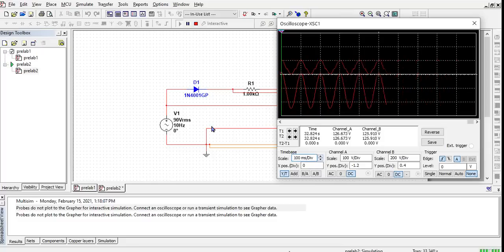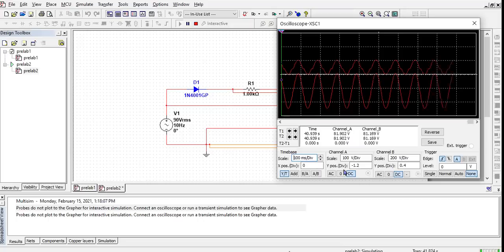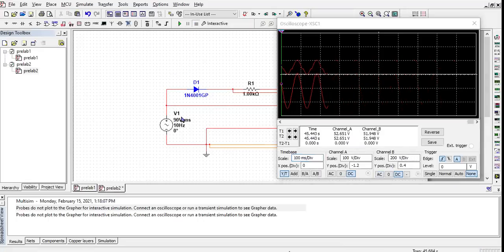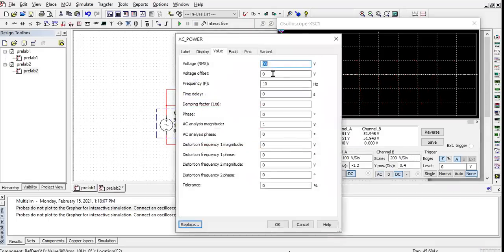See, because of the very high voltage, even this diode is not able to cut the peak as it is expected to do, right? Instead of 9,